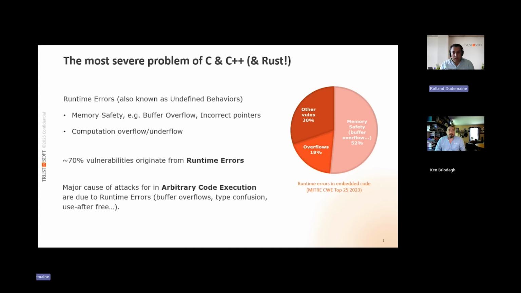If you look at the studies from MITRE, the vast majority, 70% of those remaining vulnerabilities, are runtime errors. That means buffer overflows, incorrect pointer handling, incorrect calculations, and all of those memory safety issues are at the source of arbitrary code execution, which is really taking over the system.